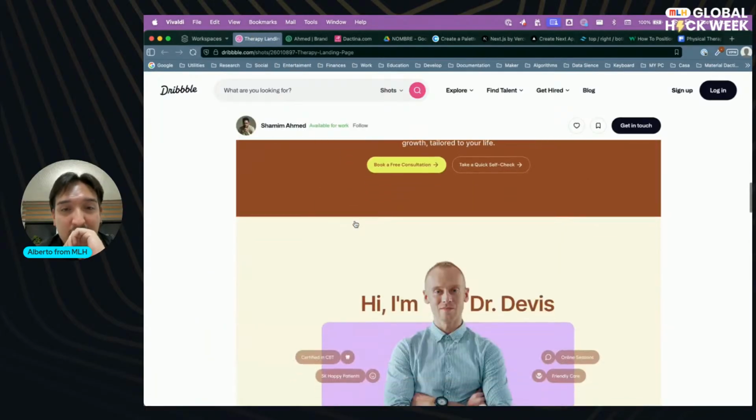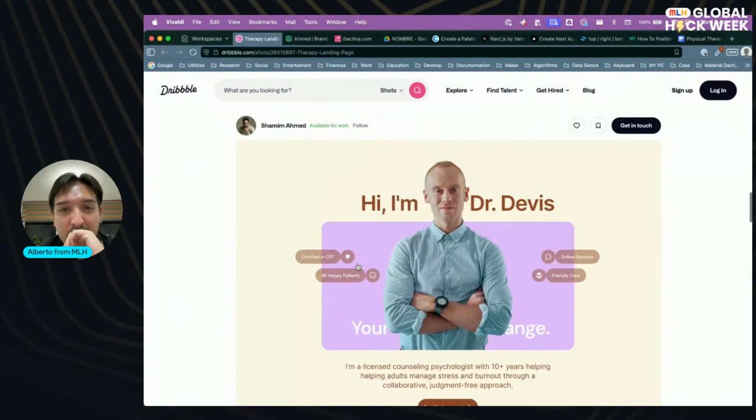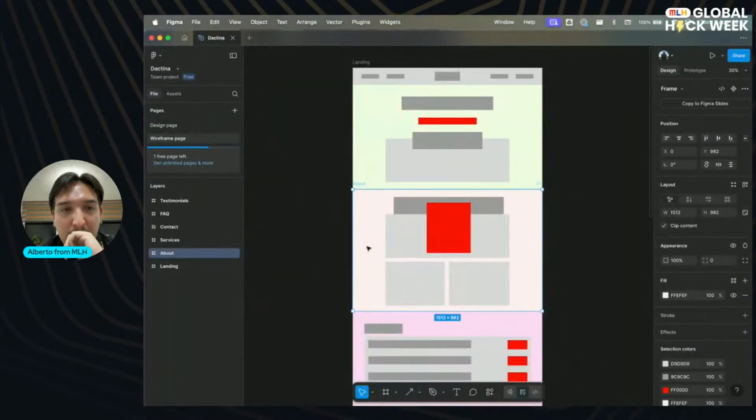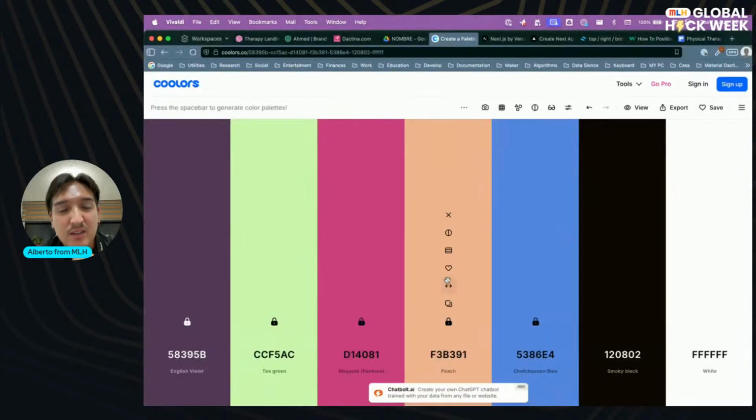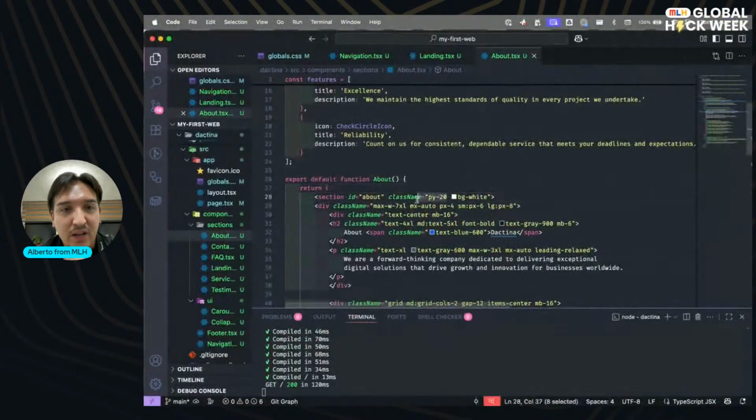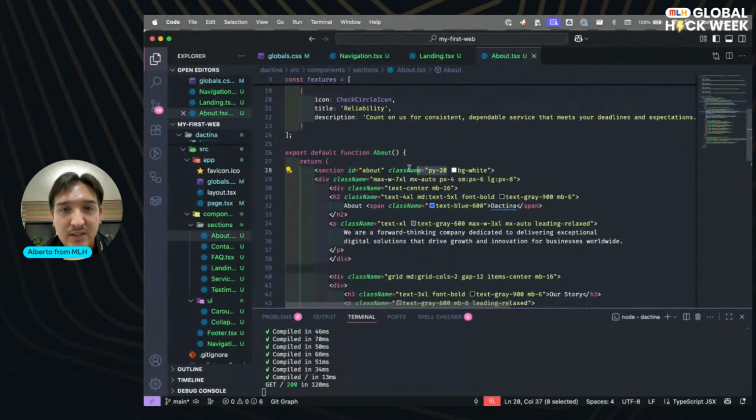What's next? A light color to see contrast. I like it. I love it. Our light color will now be peach. Yeah, I like it. Why not?